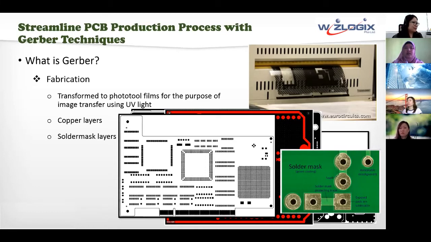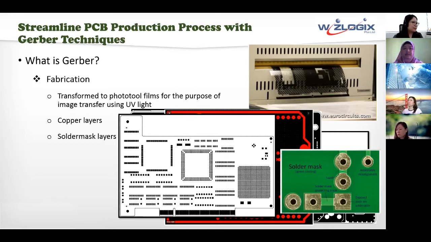So solder mask openings include things such as your copper pads for SMT as well as through-hole components, and all sorts of holes such as your mounting hole, screw hole, alignment, and even tooling holes. So these holes that do not require any solder mask covering will have the solder mask opening areas in black shown in your Gerber data here. So white areas, like I said earlier, will be denoting where your solder mask coating will be